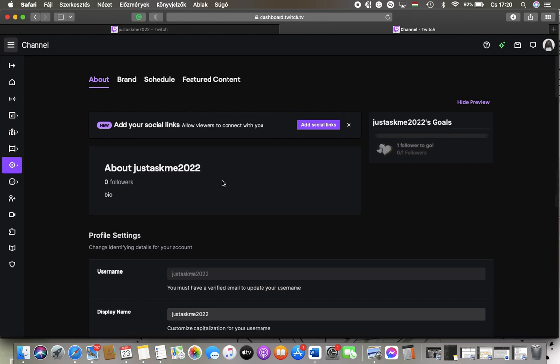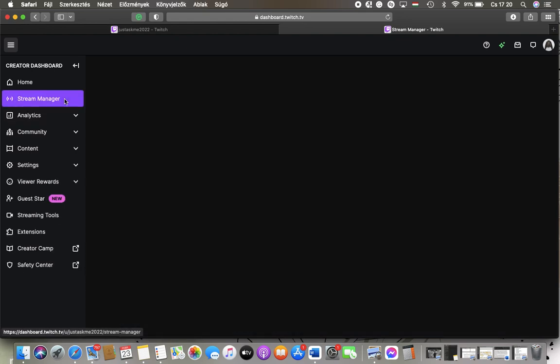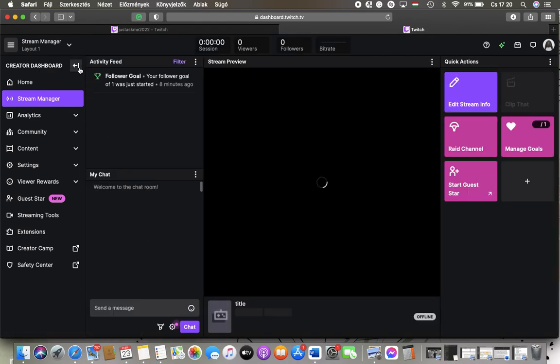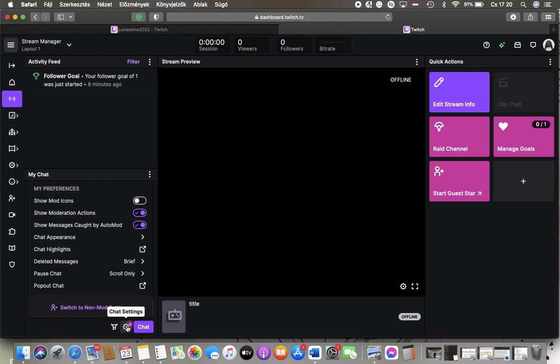You will be directed to the Creator Dashboard section where you should tap on the Stream Manager section in this left side column. And after that, you should be able to see the My Chat section on the left side. Then click on the settings button down below chat settings, and after that click on chat highlights in the middle